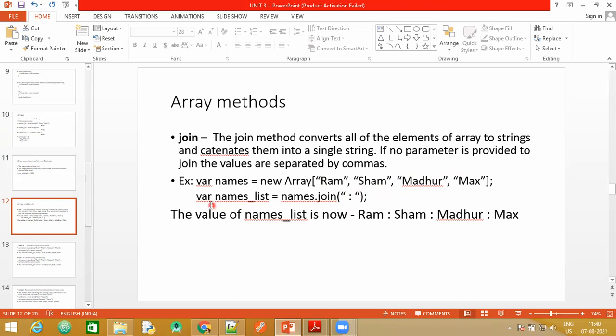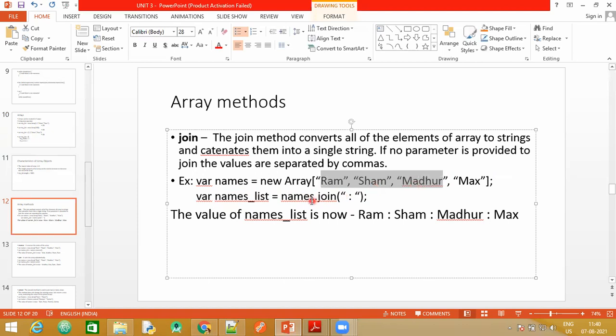So I'm creating a new array here, namesList, and then I'm saying names.join. The names array contains all these elements, so I'm saying names.join, that is, join these array elements with the help of this particular colon. The output will be displayed somewhat like this. Let's have a look at the example.